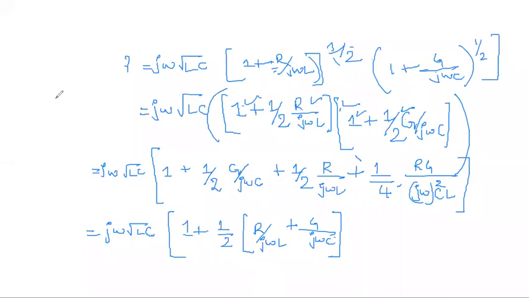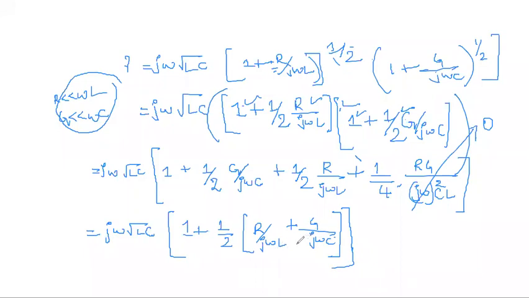See, for microwave frequency, you have assumed initially R is lesser than omega L, G is lesser than omega C. If you apply this assumption to this particular equation, what happens? What should be the value of this? 0, ma'am. 0. Because R value is lesser than omega L, G value is also lesser than omega C. So since this is lesser, 0 by something will become 0. So the whole term will go to 0. So you are left with this equation. The last equation that you have is j omega root LC into 1 plus half R by j omega L plus G by j omega C.